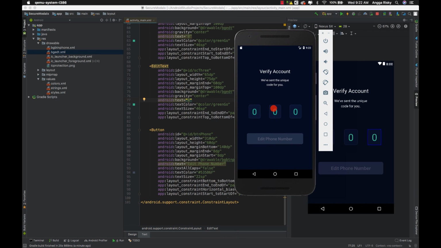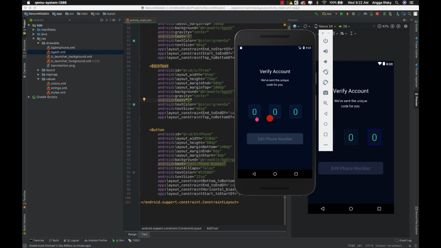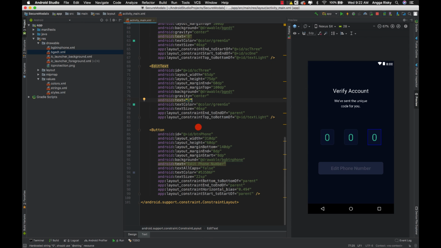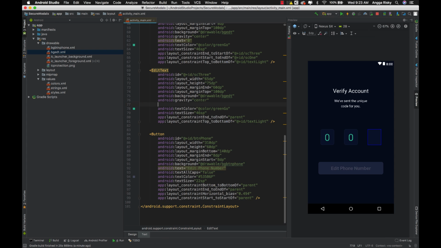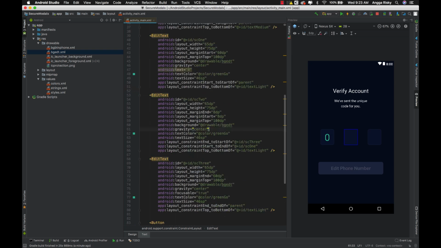So this is the design that we currently have, but I think that we have to customize the font. And in the edit text, I'm going to remove this text and add focusable true, and then after that we have to remove text.